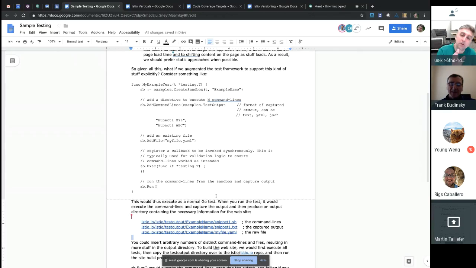So the pattern you'd have here is you'd typically be reviewing the samples as a sample PR. And then when you're reviewing the doc PR, you'd see the snippet files eventually. So you could go look and say, okay, there are these 3 commands, this is the output, these 4 commands, this is the output. So it's not a great experience, but it's